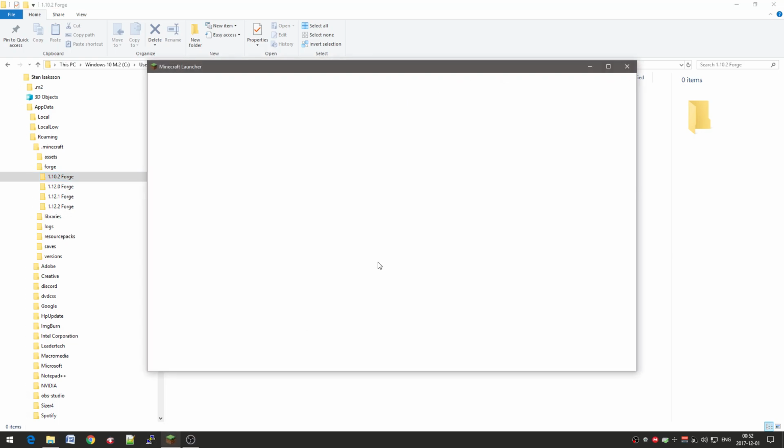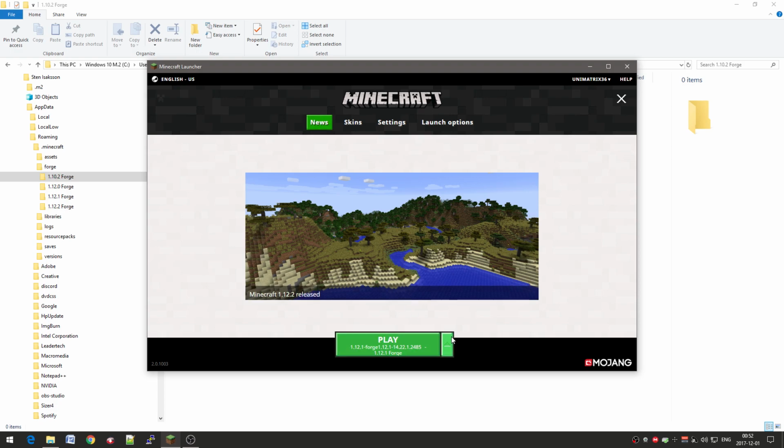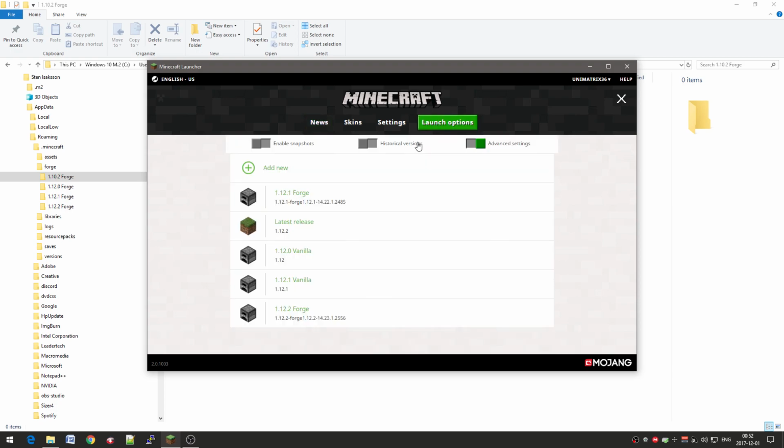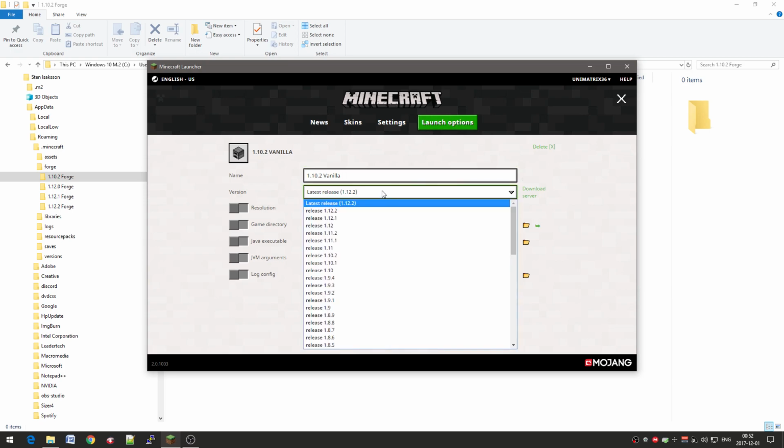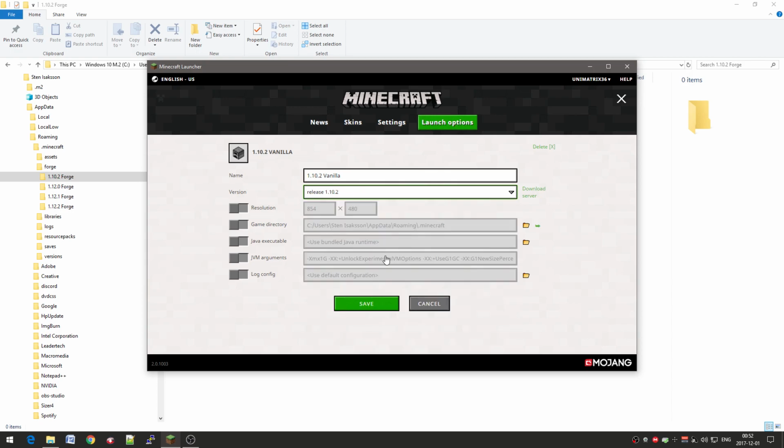So how do you do that? First you need to actually install 1.10.2. So add new, 1.10.2. I call it vanilla. And here in the release I select 1.10.2. And I don't change anything here, I just want the 1.10.2 version to download, because otherwise I can't install the Forge for 1.10.2. So you save,